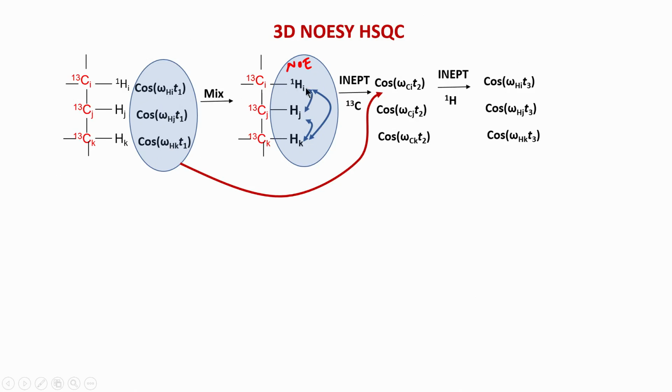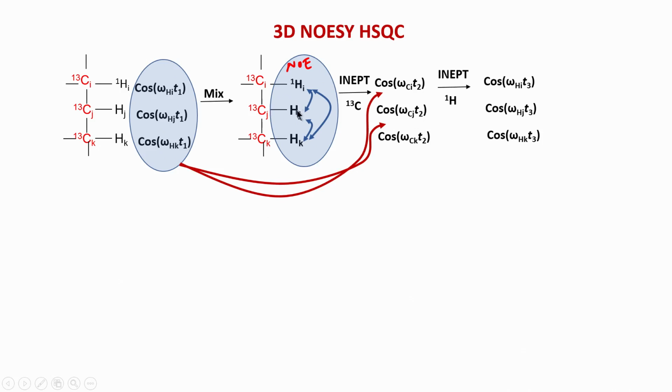So, it is the same, as I said, 90% is with Hi, but whatever came from J, this part, because this modulation is transferred from J to I. Similarly, this modulation from K to I. So, that means these entire 3 are actually transferred to the I. So, therefore, when I is evolving as omega Ci, these 3 now are connected, or correlated with this omega Ci. Then similarly, these 3 will also be correlated to this J.